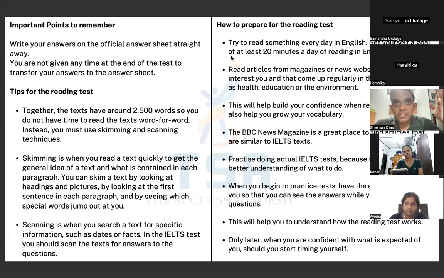And then when you start papers, you do slow practices. Take enough time, right? And practice one section at a time. Target to get 13 questions correct in part 1. Target to get 13 questions correct in part 2. Already you're in a band 6. Then you're just focusing on part 3. Even if you get 8 to 9 questions correct, you have already got 7.5. Right? That should be your target.